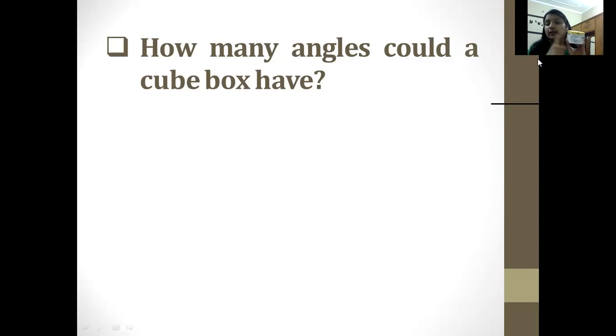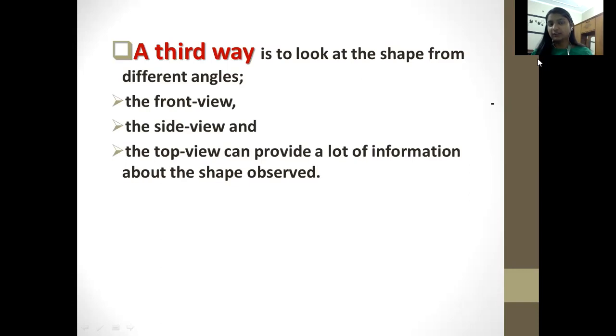So it is a different angle: the front angle, left angle, right angle, would all be different. This is what the question was all about, what would be the angle for a cuboid. So this is what we're going to learn about. This is the third way. In this way, we are observing the different ways, or we can say the different views, of looking at an object. Like I have shown you, given you an example for this.